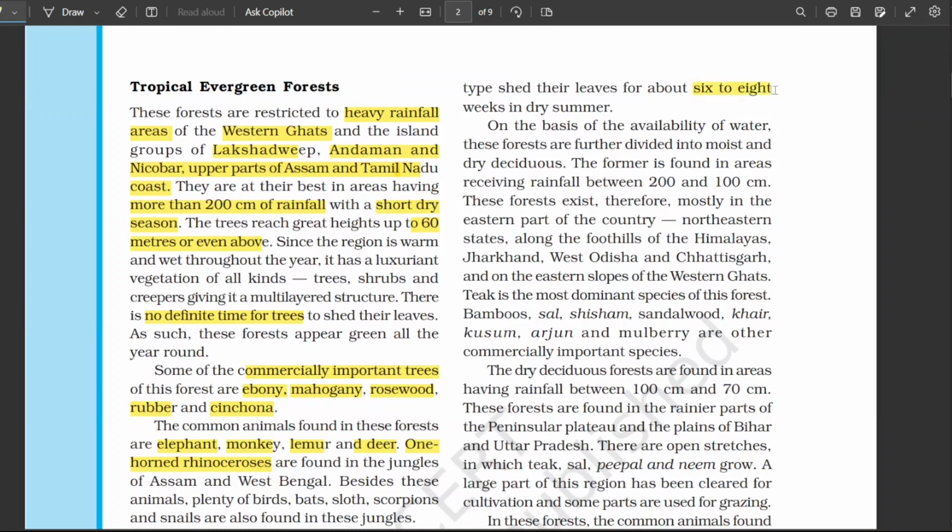For about 6 to 8 weeks in dry summer. तो समर में, ड्राई समर में ये शेड करते हैं लीव को. On the basis of the availability of water, these forests are further divided into moist